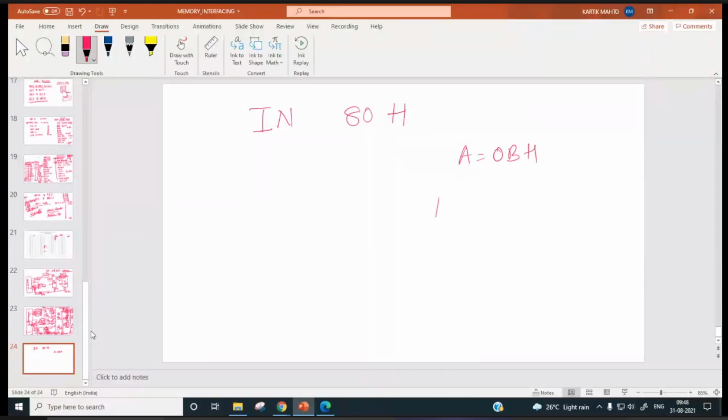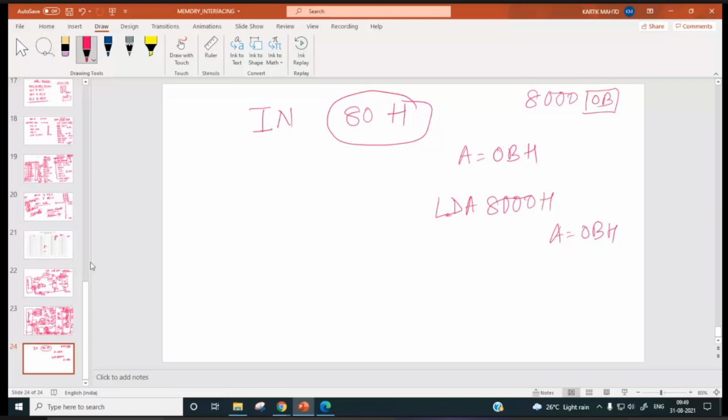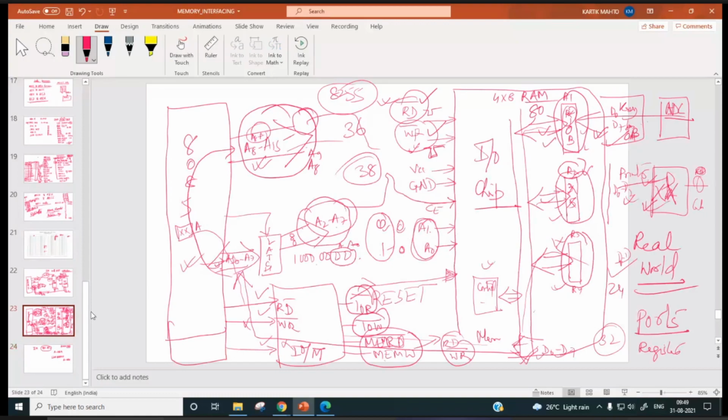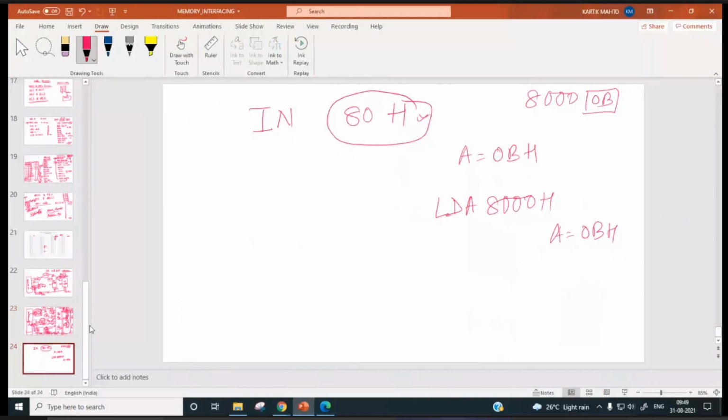It's similar to LDA 8000H, and if the content of 8000H is 0B, then the accumulator will be how much? 0BH only. Similarly, if there is a port whose address is 80H, and if the content of that port is 0BH, then IN 80H will copy the content of port 80H into the accumulator.